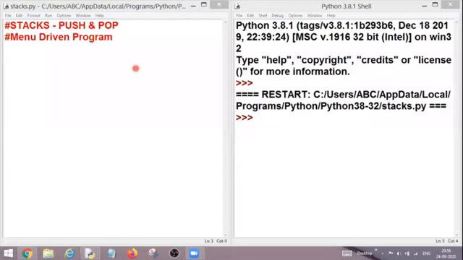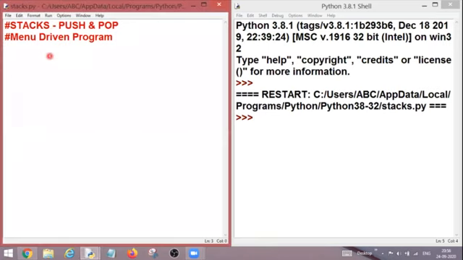Today we are going to learn how to do programming for stack. As I told you in my previous video also, in the next video we are going to learn how to create a menu driven program on the concepts push, pop and reverse. And we have also learned what push and pop are. These two are the basic operations of stack. So let us start with it.